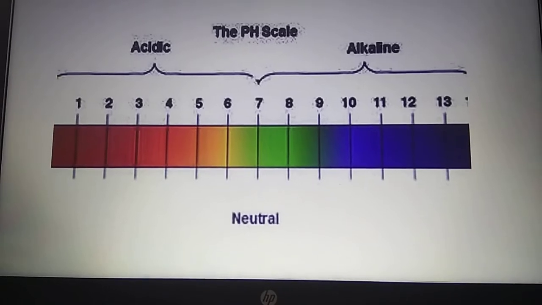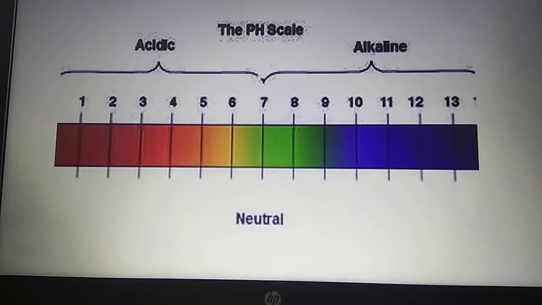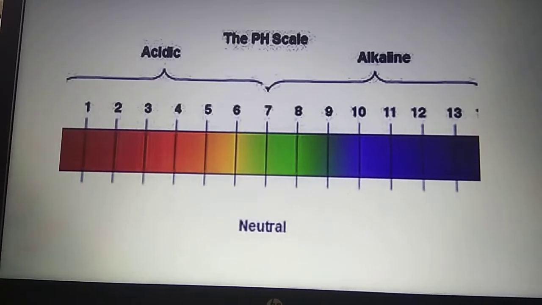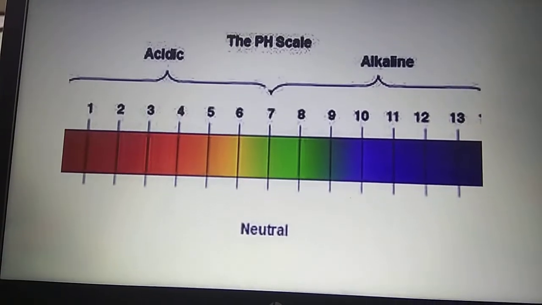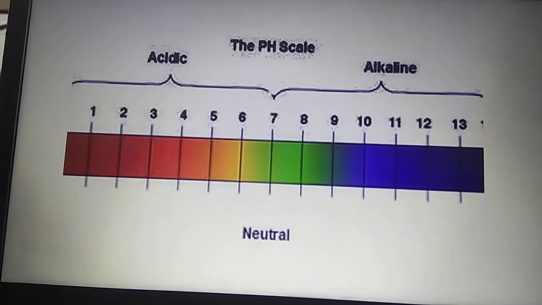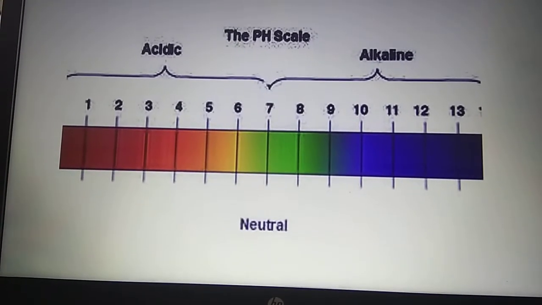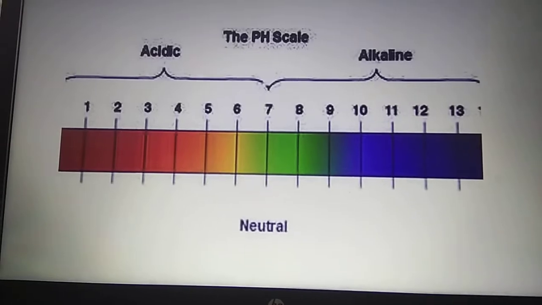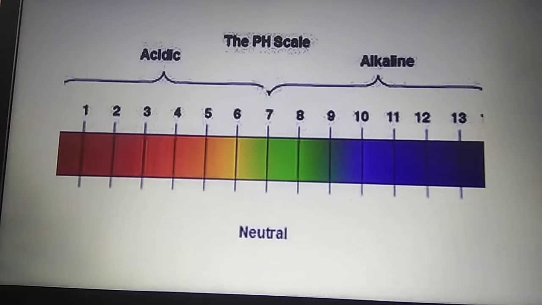Similarly, if pH value goes on increasing from 7 to 14, pH value is increasing means concentration of hydrogen ions is decreasing, or we can say concentration of hydroxide ions goes on increasing. So the conclusion is the alkaline nature or basic nature of the solution increases. Once again we will say if pH value goes on increasing from 7 to 14, the strength of basic nature of solution or strength of alkaline nature of solution goes on increasing.